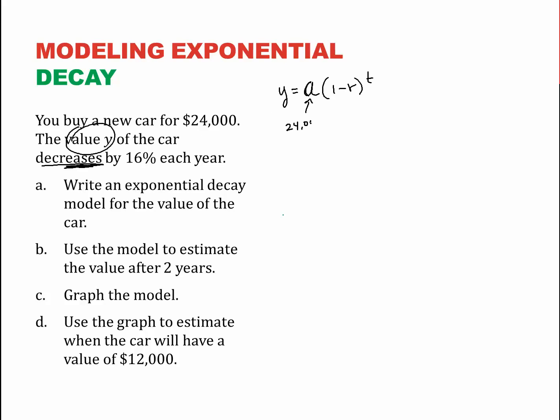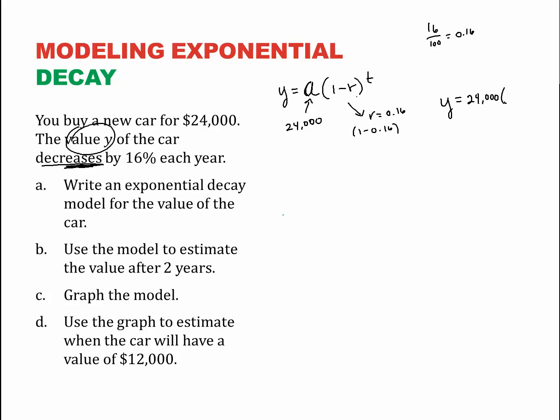We can leave this as 24,000. 1 minus R. What is R? R is 0.16. Remember, 16 over 100 is 0.16. So 1 minus R. And then T. So the model is going to be Y equals